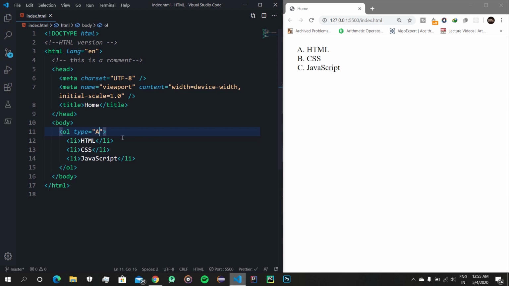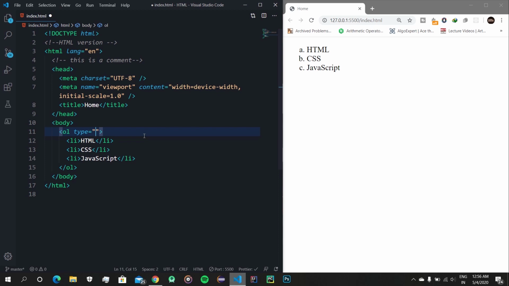Now if you want to do small alphabets or lowercase alphabets, you can just put a small a here and this will be converted into small abc. Now there are a few more. I'm going to show you a couple more and then we will move ahead.